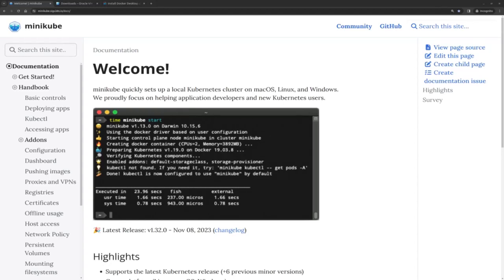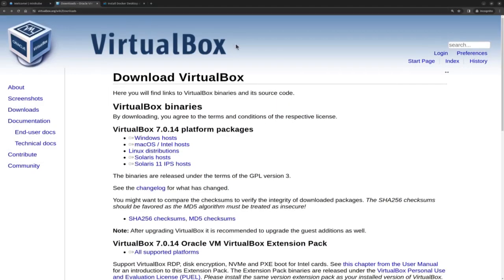Hi, in this tutorial we demonstrate how to get started with Minikube on our workstation. Before we get started with Minikube, we need to install the recommended isolation software based on our workstation's operating system and its architecture. For Linux distributions, Windows and Mac OS on Intel x86 processor, we encourage you to download and